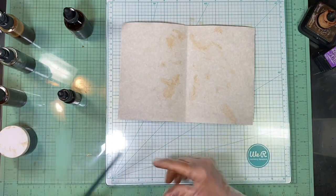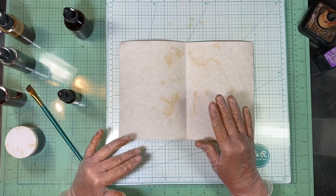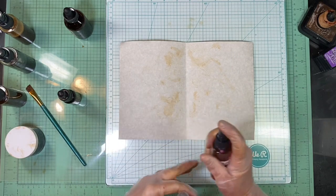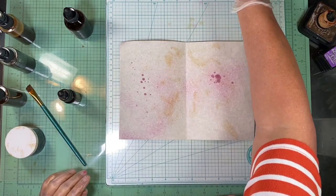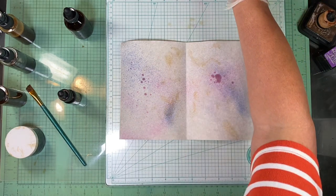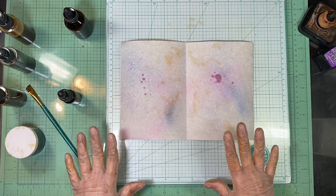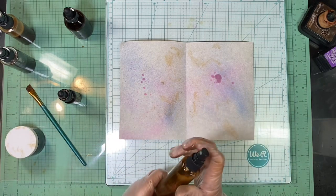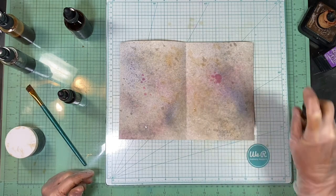so you could take it and then, let's say you want to add some color to this in addition to that. What I do is I like to add the color first. This is my alcohol spray. It's really intense. Okay, I'm just going to put a little. A little goes a long way. I'm going to do a little bit of this blue. Okay, and that's all I'm going to put of that. Okay, so I've got that color on, and the reason I put it on first is because it's kind of intense. Then I take my alcohol ink and I spray it on there, and it kind of tones it down quite a bit, so it's more of a background. Okay,